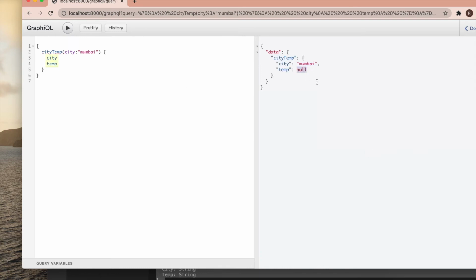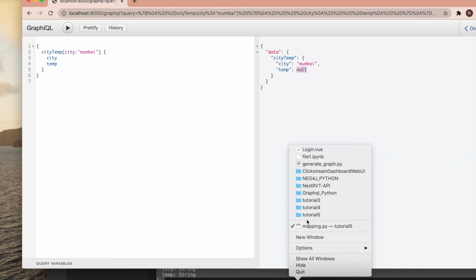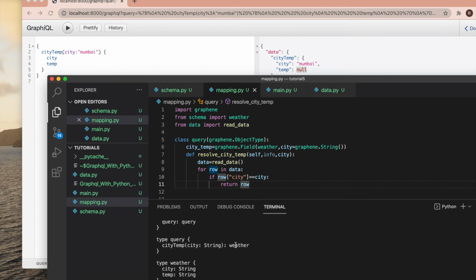Why did I get temp equal to null? That is the important thing, so we will see that now. I put Mumbai, Mumbai is here, but for this I didn't get any value. That is really interesting. We'll see now what happened.